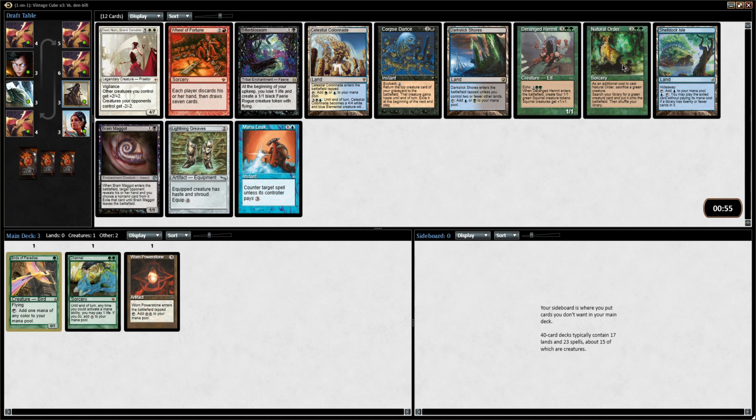Ooh, Natural Order, Deranged Hermit. It's also a Wheel of Fortune and a Shelldock Isle, which is extremely powerful in this format. It's really easy to turn on in Vintage Cube, and then it's just a free card, which the cards themselves are also more powerful, so it just gets way better. But yeah, for us, I think it's between Natural Order and Deranged Hermit. I love both of them. I think Natural Order is more powerful,